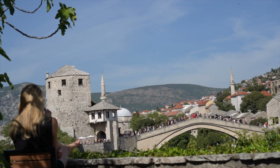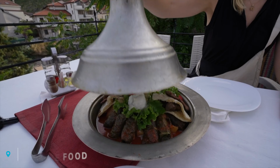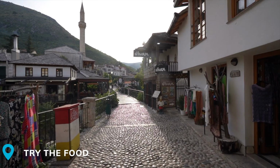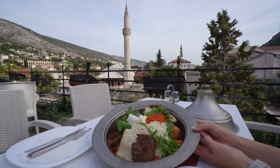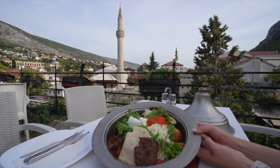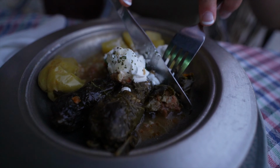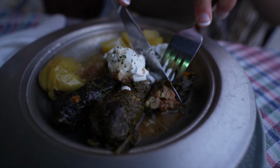And while there is tons to see in Mostar, there's even more to taste. Bosnia is world-renowned for its cuisine, and Mostar has a vibrant food scene. Here, you'll find cafes lining the picture-perfect streets, rooftop terraces overlooking the beautiful skyline, and riverview restaurants serving up amazing local staples at reasonable prices. We felt the food we ate in Mostar was some of the best we've ever had, and we have an